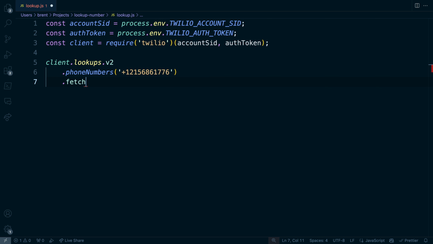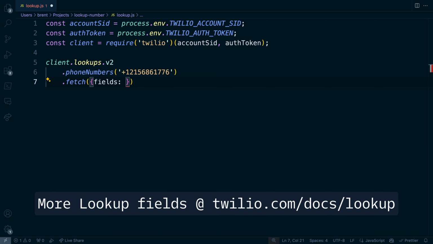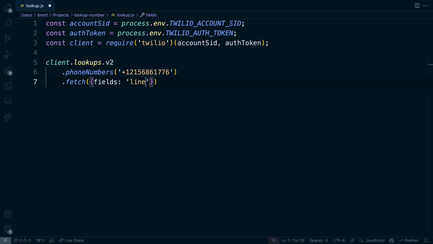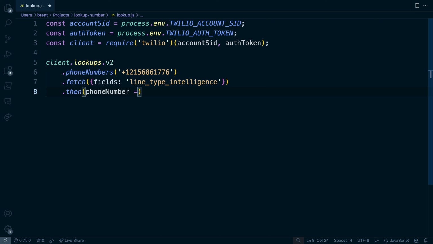Now we need to specify what kind of lookup we are performing. Twilio Lookup can look up all kinds of different information, but the one that we care about right now is line type intelligence to tell us whether this phone number is a landline or not. Once the fetch is complete, we'll be able to have access to the data for that lookup, and all we're going to do is log out the line type intelligence's type property, which will indicate that it's a landline when